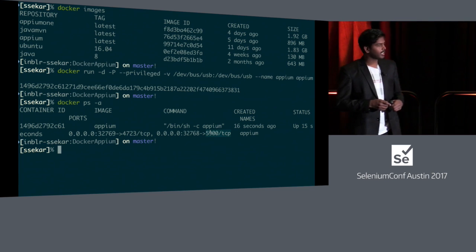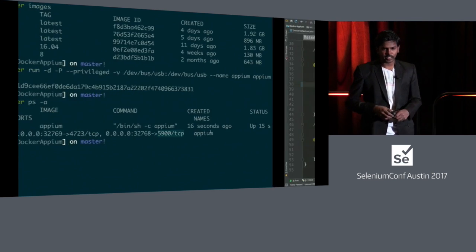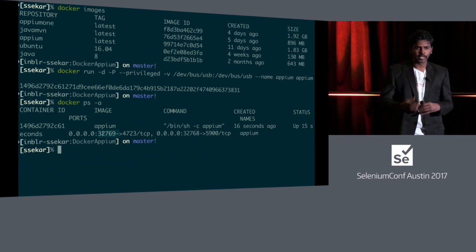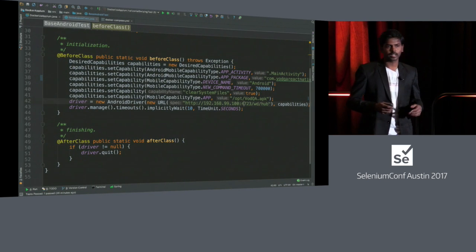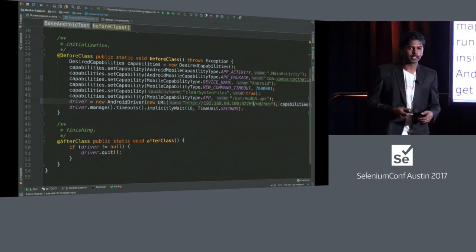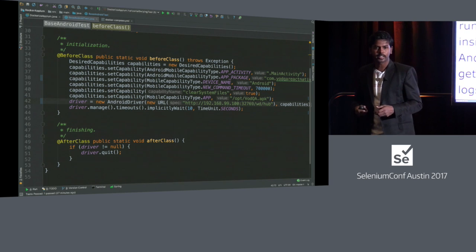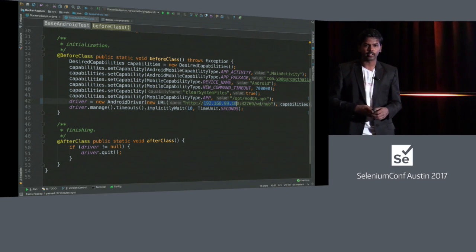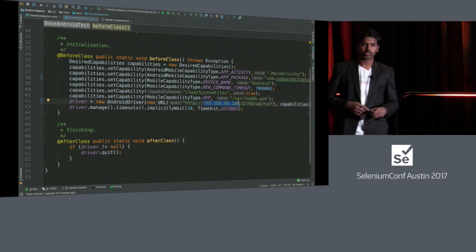In order to see the logs, we can always get into the logs and see what my Appium server is doing. And in case of issues, we can file it in our GitHub so that we can act on it.